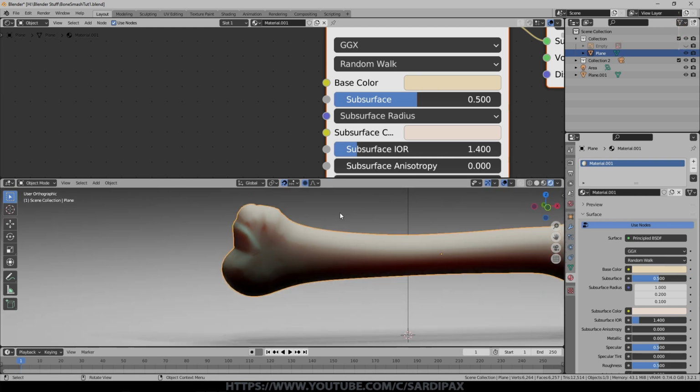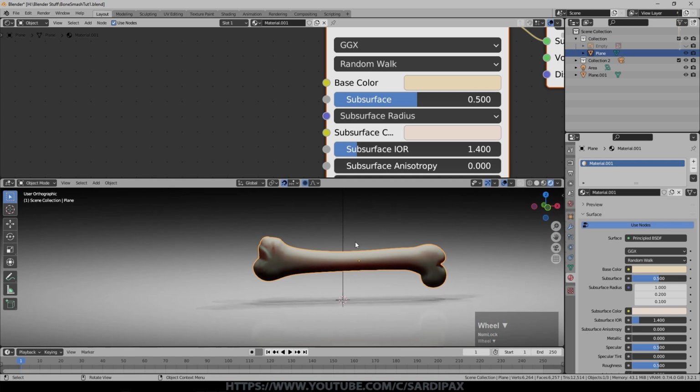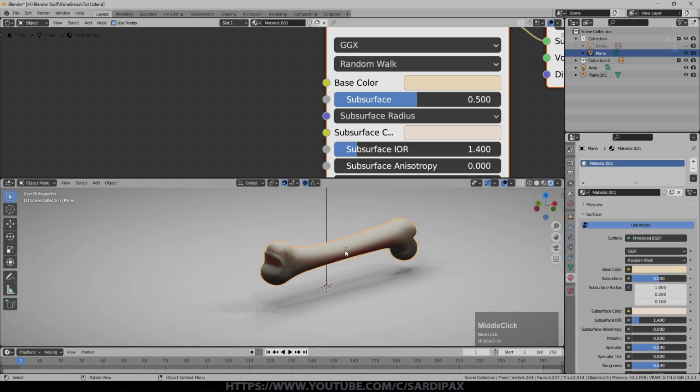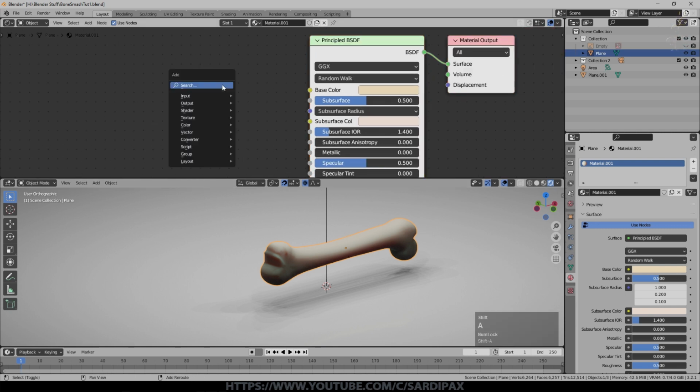It's simulating the light going into the bone, bouncing around, picking up some new color if you like, or being absorbed differentially, and then some of it escaping from the bone. So the amount of bone it passes through affects the color of the light as well. And it just gives you a more realistic idea of certain materials, plastics and certain organic materials as well, like flesh.